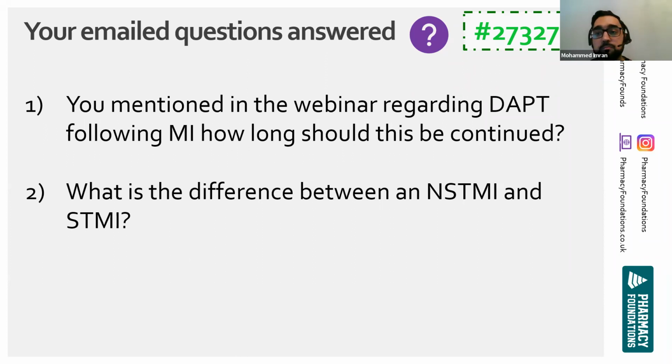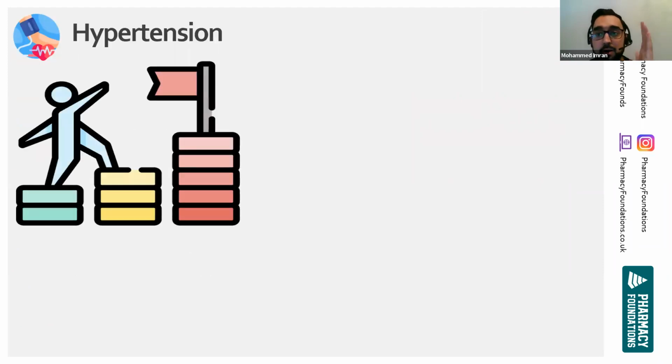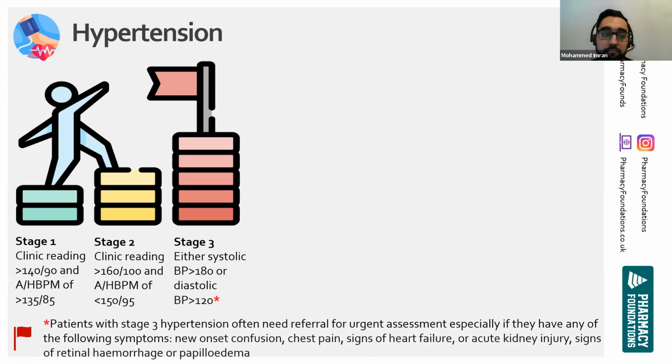So let's talk about hypertension. Okay, when it comes to hypertension, it's all about the stages. When it comes to diagnosis, so how worried are we on a scale of 1 to 3? Think of it like that. We've got stage 1, 2, and 3. And we already know the stages in terms of the blood pressure readings, I hope. The first one is 140/90, or ambulatory/home blood pressure reading average of 135/85. Stage 2, you add 20 to the upper number, 10 to the lower number, so greater than 160/100,